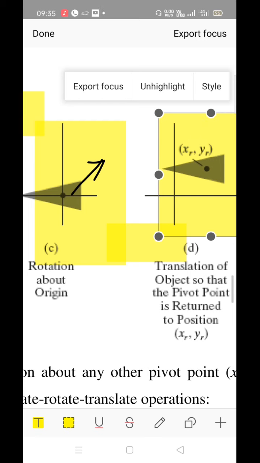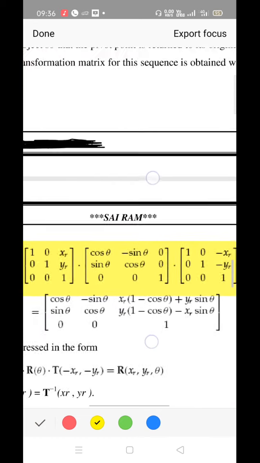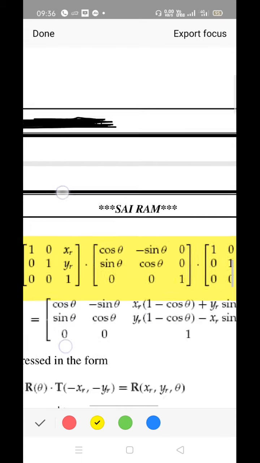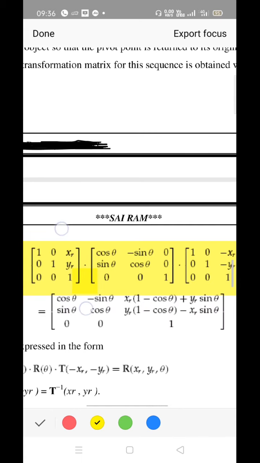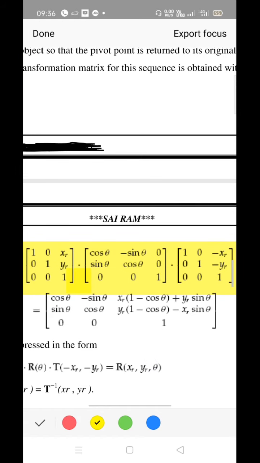So translation followed by rotation, that is what we have performed, right? That means we have performed the composite transformation. In the previous session, we have discussed the composite transformation. Earlier we took it of a similar type. Now it is a mixed form of transformation we have considered. Translation followed by rotation, again inverse translation is taken. As you can see here, the translation matrix is written, the rotation matrix, as well as the inverse translation matrix contents are written,